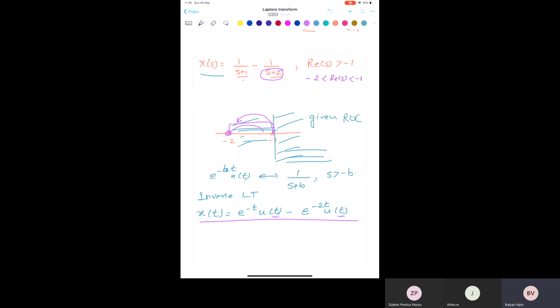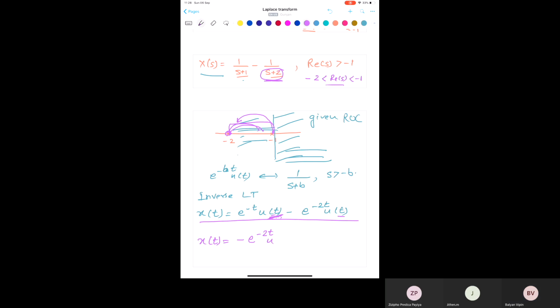So if the region of convergence is on the right hand side, then when you take the inverse Laplace transform, x(t) will contain u(t). If the region of convergence is on the left side, it will be u of minus t. So we have this. For this one, the region of convergence is on the right hand side, so your x(t) for this one, I'm just writing the first one first,